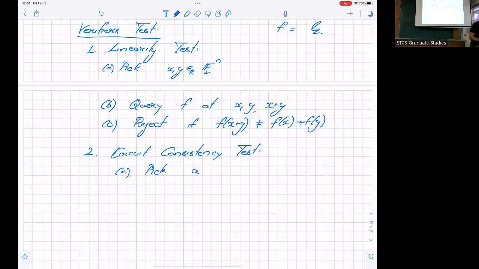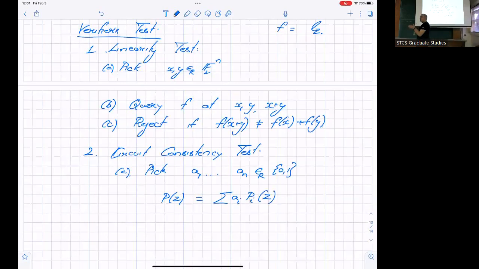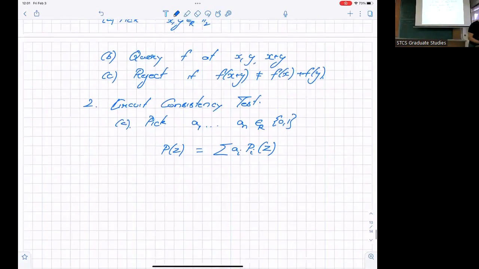Pick field constants A1, A2, ..., An uniformly at random from {0, 1}. Let's construct the function P(Z), which is the summation of Ai Pi(Z). It's some random linear combination of all the functions. This, by definition, is some L_alpha